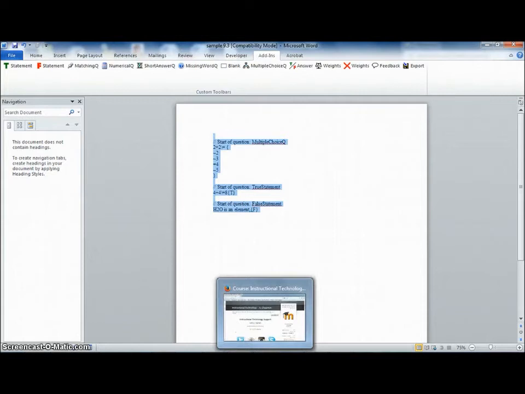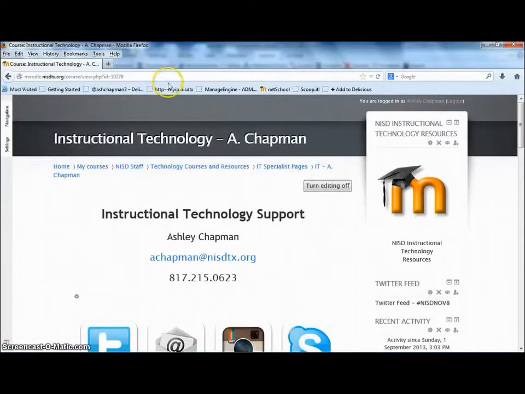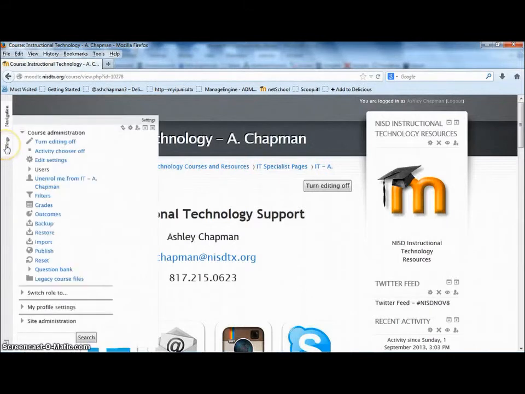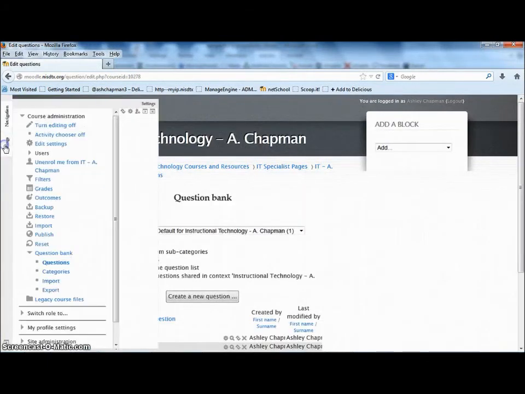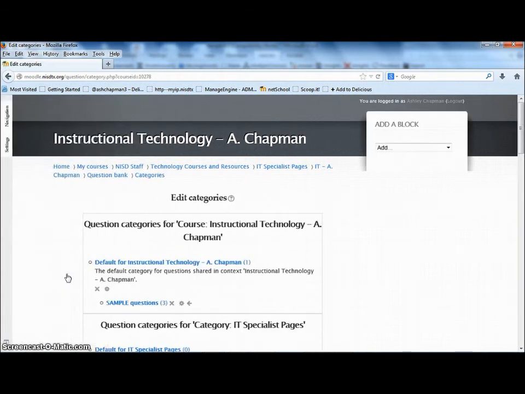So now the next step is getting our exported questions imported into Netschool. So once you get into your course, if you choose Settings, Question Bank, the first step in preparing a quiz is setting up the categories. It's always good practice to set your categories up before you import questions or add questions. That way you keep it organized, and if you're sharing quizzes or questions between various teachers, it makes the exporting